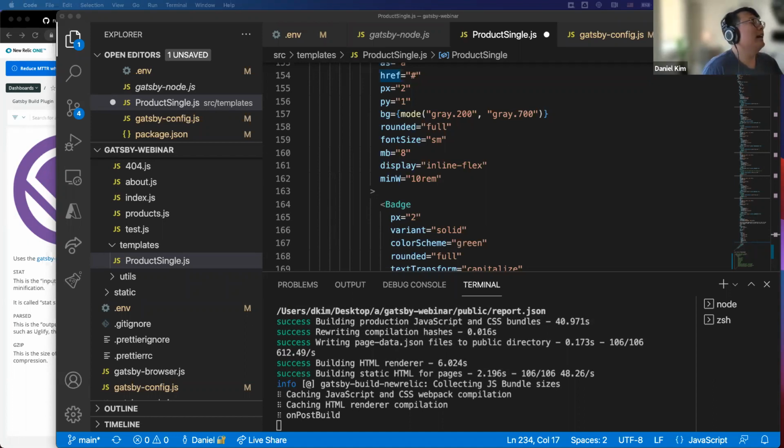But it's also cool, I think, to see inside of what Gatsby does when it builds. It's a fun thing to add within 5 minutes, just to see, are there any plugins that are taking insane amounts of time that I need to get rid of?